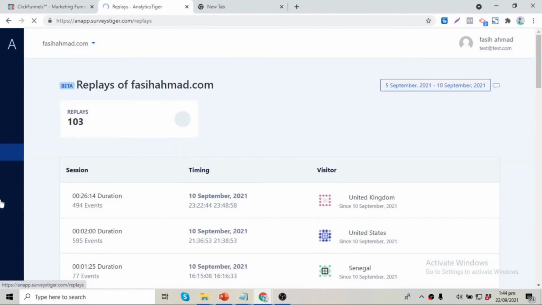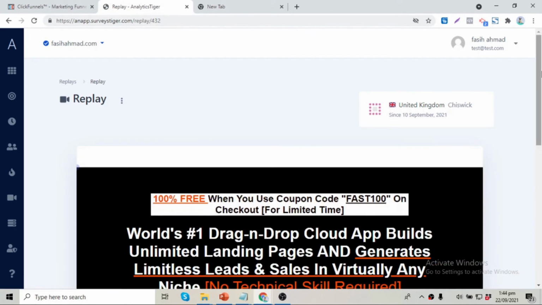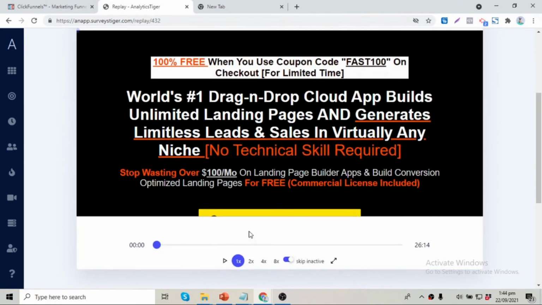Now next we come onto the session replays tab. We can see the video replays of your websites. For example, let's see what this visitor did, how their video got captured on the app. So let's see. Let's fast track that to 8x.